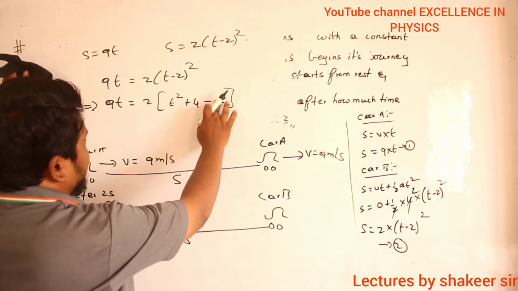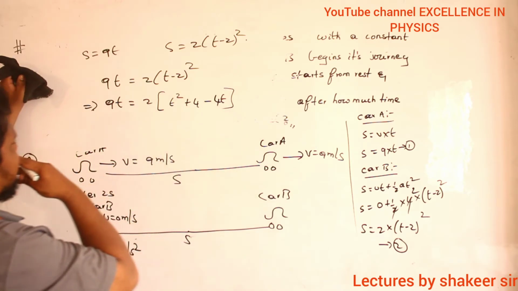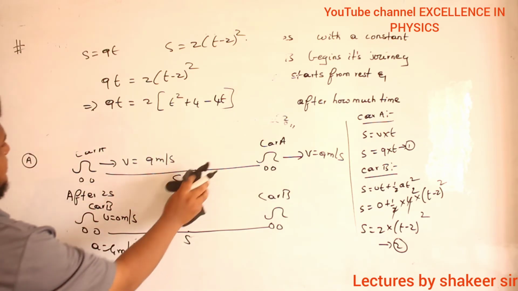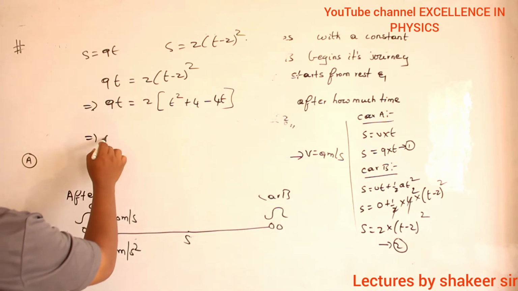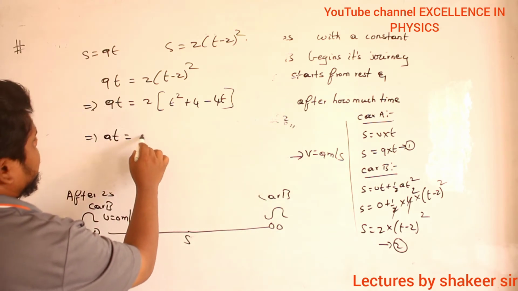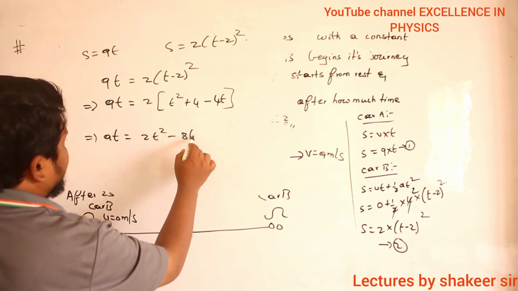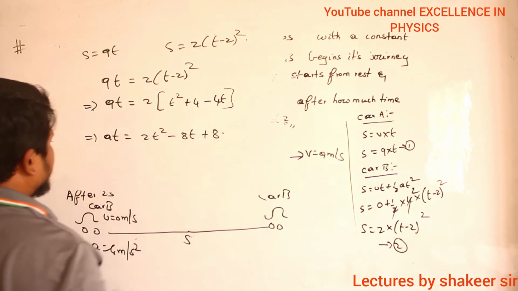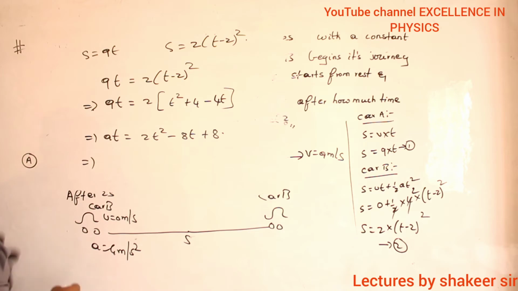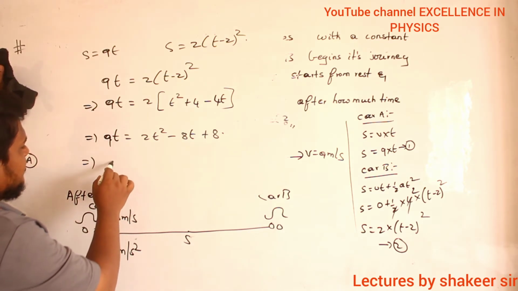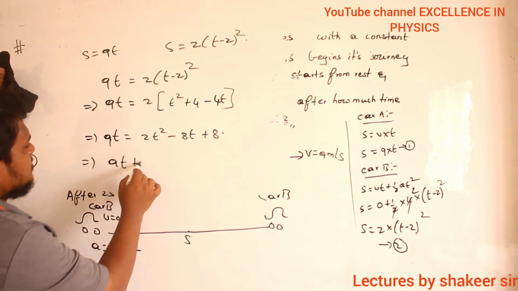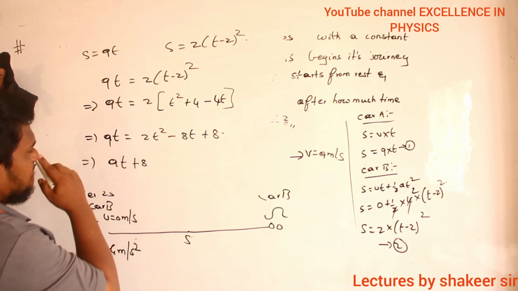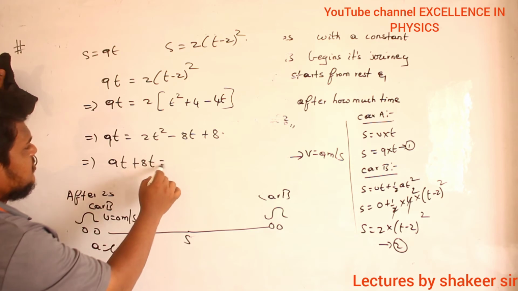2ab, no? 4. Okay. Let us see. So therefore 90 is equal to 2t square minus 8t plus 8. Clear now? So therefore if I do this calculation, then I will get 90 plus 8t is equal to